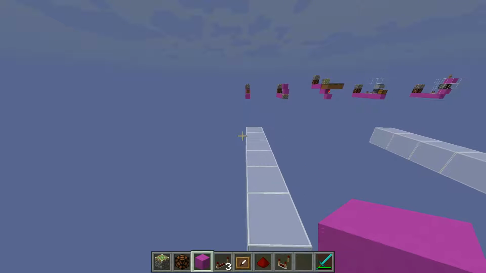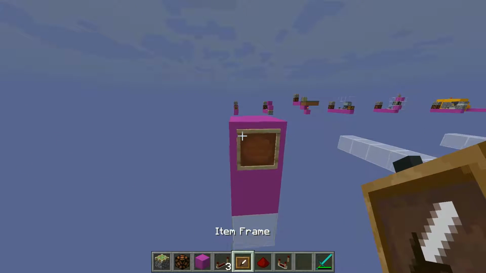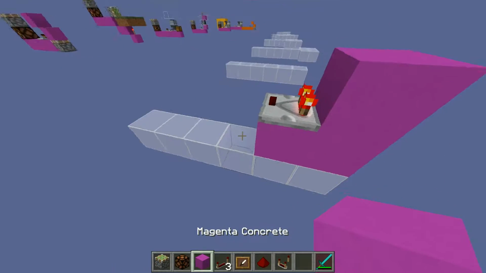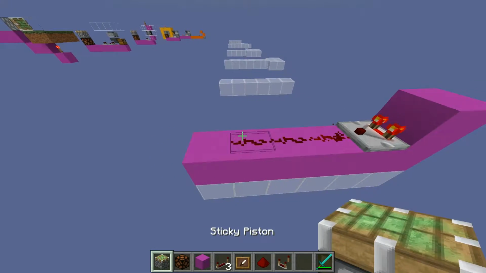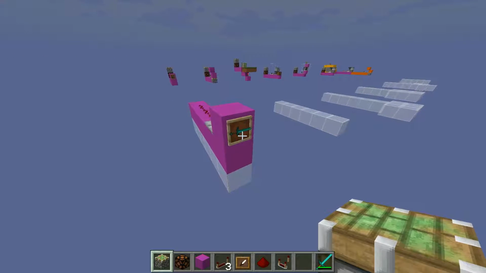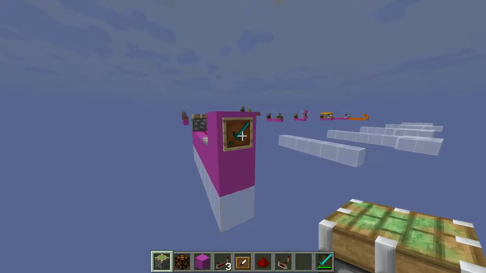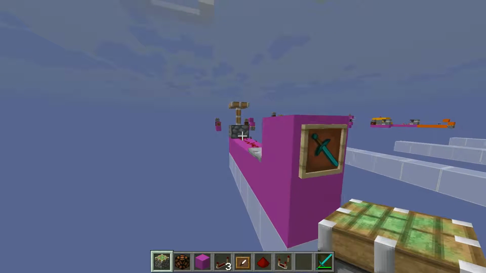Okay, the item frame switch is probably the simplest one. Just do an L shape like that. Put an item frame on the top one with an item inside it, and then a comparator there, and then you just want a redstone dust coming out, and depending on how far the redstone dust comes out, the more times you have to click the item in the item frame. So if I put a repeater there, you can see that that's off, and then I have to click it once, twice before the